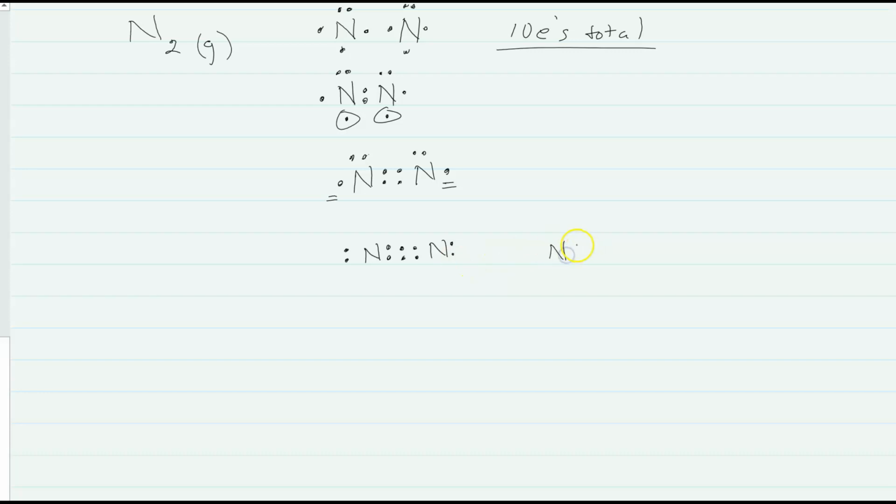And so the structure might be more casually represented like this. So now we have a multiple bond of N2. The triple bond is very strong, and that's one of the reasons why nitrogen is such a stable structure in the atmosphere. And in order to get nitrogen to react, you have to first disrupt that triple bond, which makes